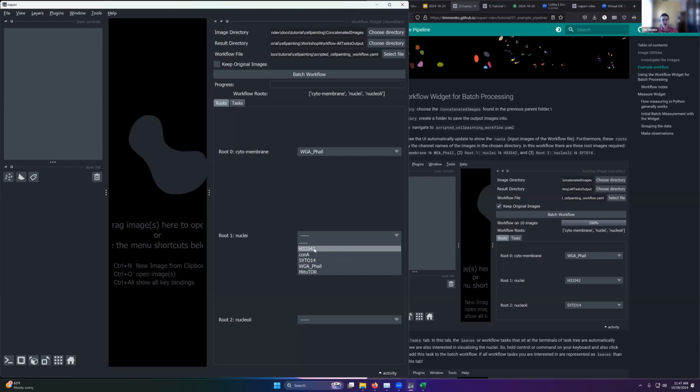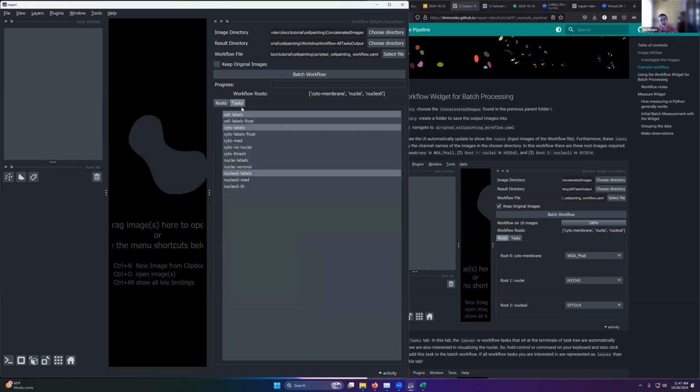We'll just put in the correct features here. And then, by default, this is labeling all of the end tasks. What we can do, we added before nuclei labels. You have to hold control or command, depending on your operating system. We can also just select them all. This will show you everything that is in the plugin. If we do keep original images, and we do batch workflow on this,